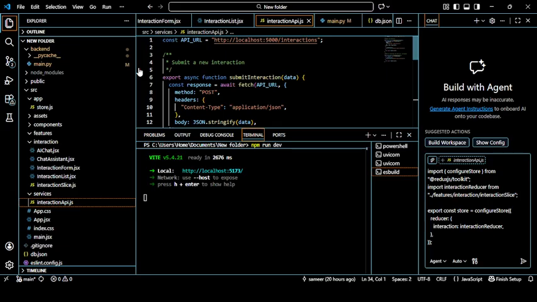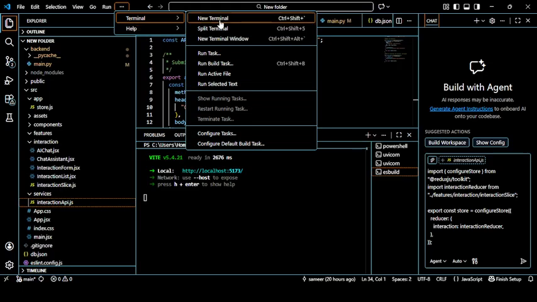Now, the most important is the backend. I will show you the backend part of this project. So I'll first start the backend server using FastAPI. So as I open the terminal,